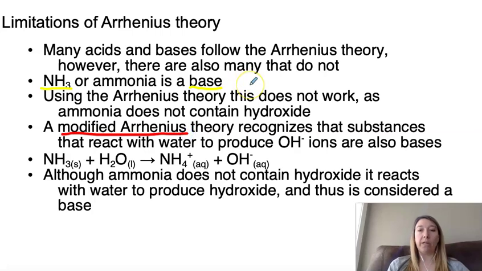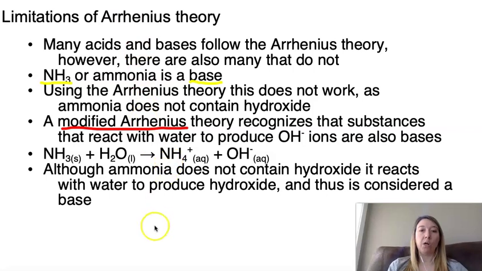So this is where they came up with a modified theory. This modified Arrhenius theory recognizes that there's another way that something can be a base. The other way is that it reacts with water. If you think about water, although we write it as H2O, the other way we could write it is as HOH. And if I were to remove this hydrogen from water, I would be left with hydroxide. So that's actually what we find happens with ammonia. When that ammonia goes into water, it takes a hydrogen away from water and it produces this ammonium ion over here